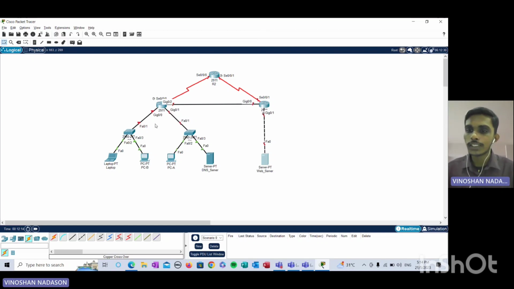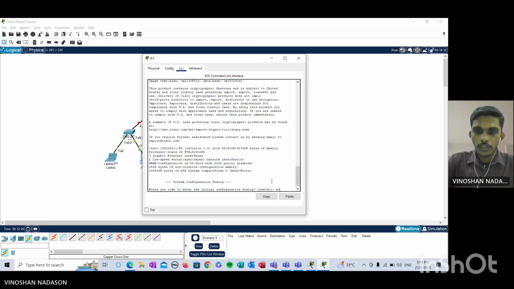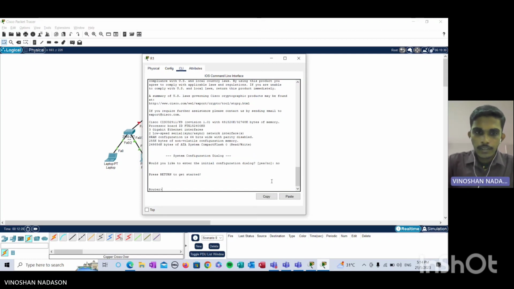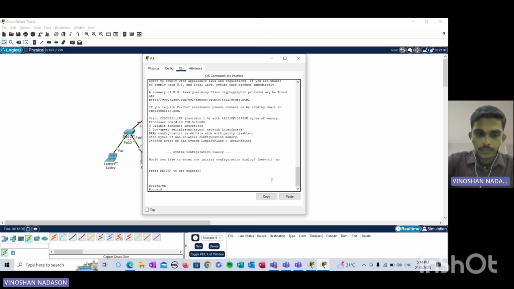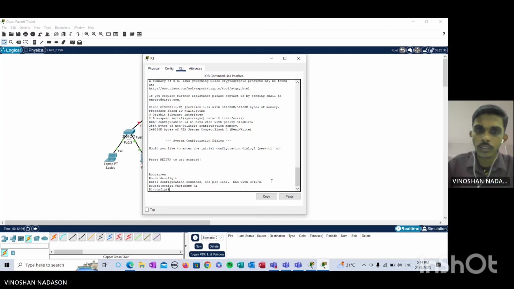So what we're going to do is change the host name, no IP domain lookup, and many more. So we will have to go to router 1, go to CLI, enable, config t, and then change the host name to R1. Okay, next we will do the basic configuration. So first of all,